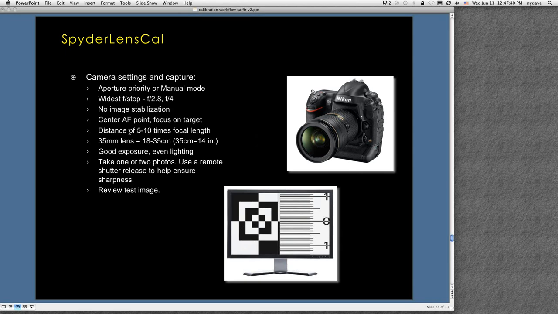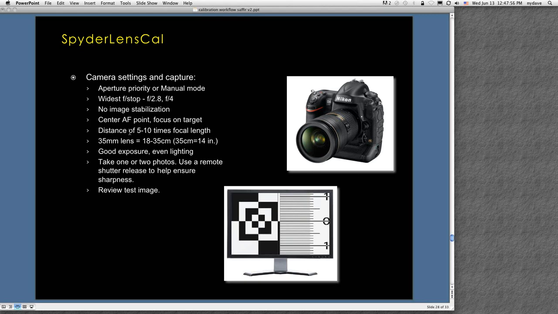Use a remote shutter release. My big fat fingers almost always shake the camera. So that remote release, or if you don't have one, put it on self-timer, will serve you well. You get a sharper picture. And review the test image, and if you can,